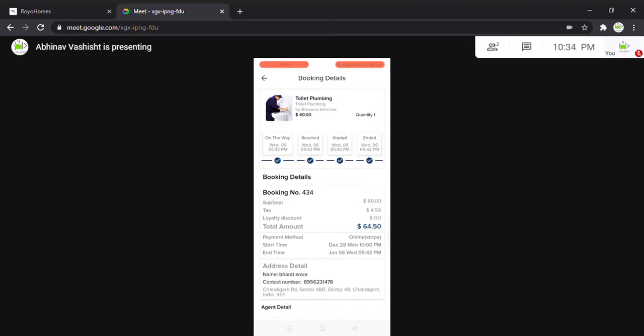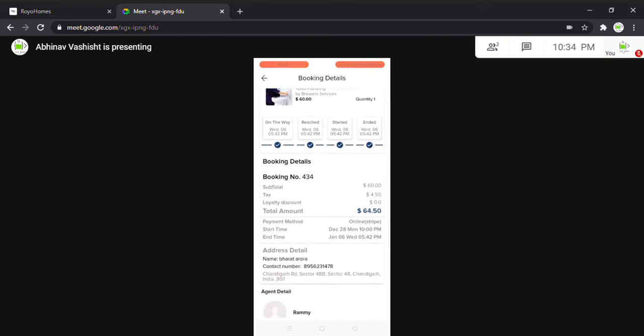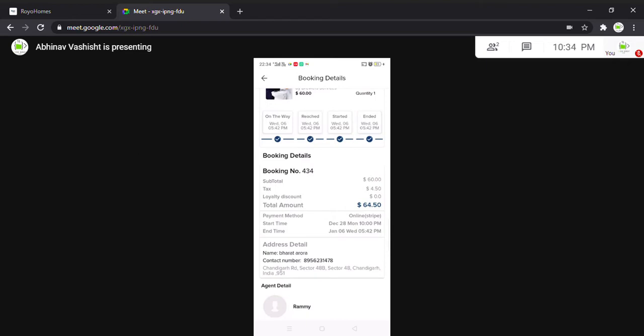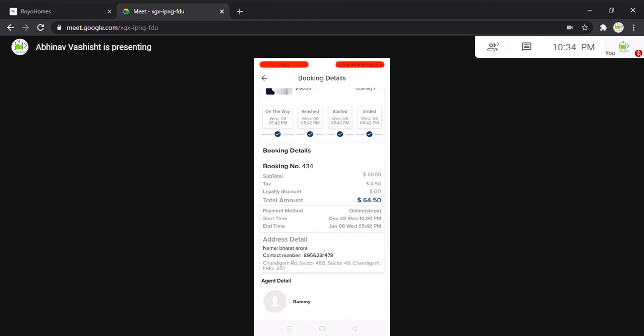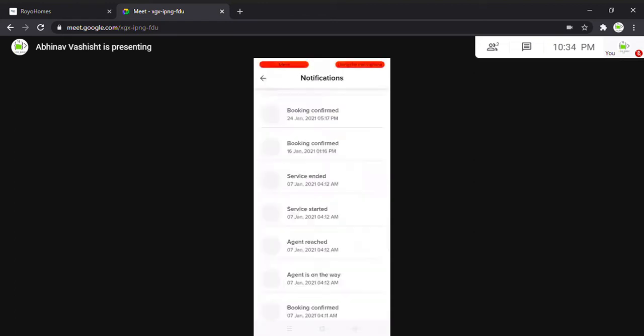Then we go forward to the booking details. As you can see, there's the breakup, subtotal, taxes, loyalty discount, all kinds of things that the customer might want to see. Then the payment method is also mentioned, start time, end time, the details of the individual with the contact number, and the agent details who catered to the request. Now if we go back to it,